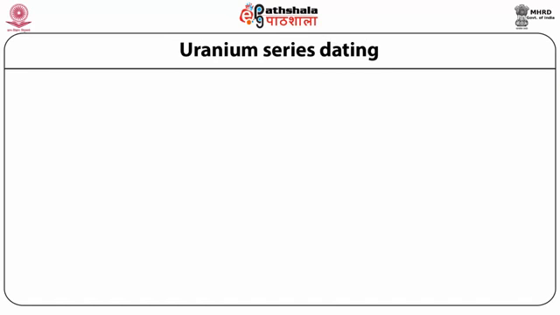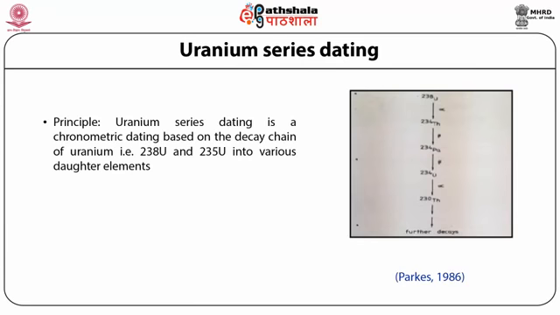Next method, that is uranium series dating. Uranium series dating is based on the decay chain of uranium, that is uranium-238 and uranium-235, into various daughter elements, and is widely used for dating fossils. Different sets of daughter isotopes are used for dating, that is thorium-230 to uranium-234 or uranium-234 to uranium-238, etc. Out of these sets,